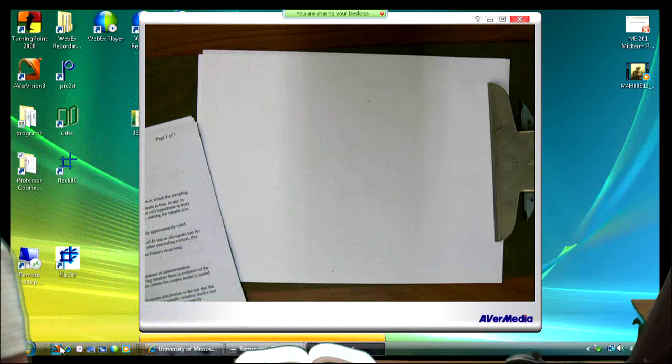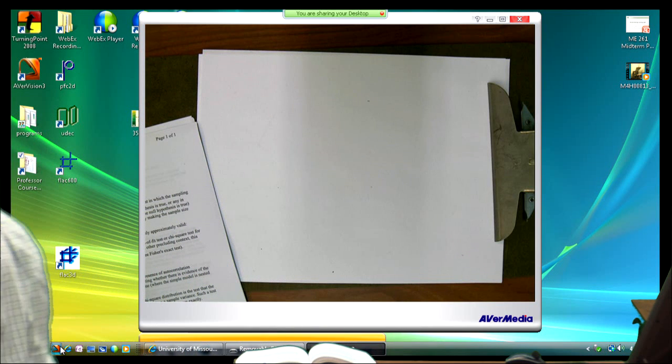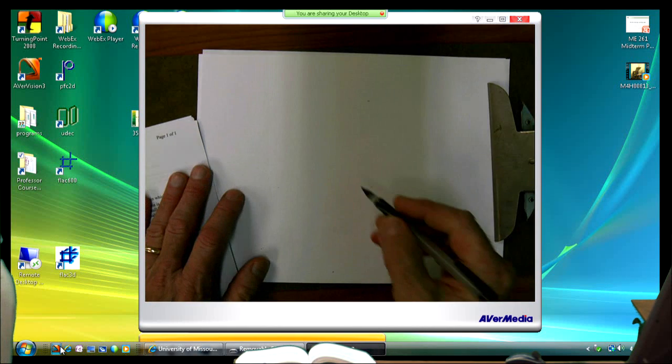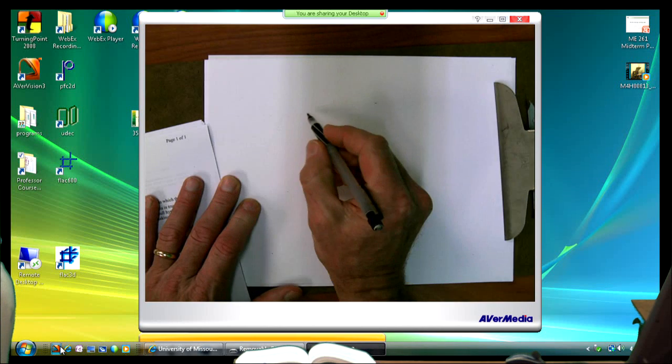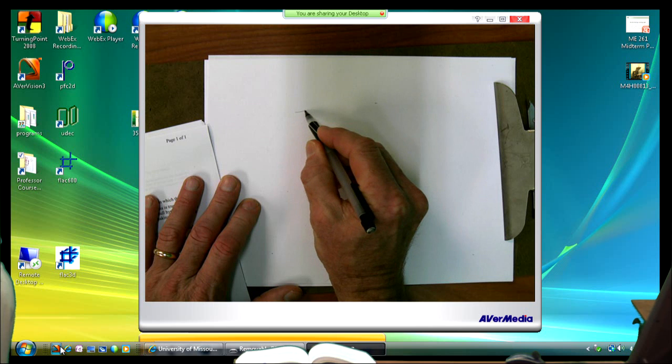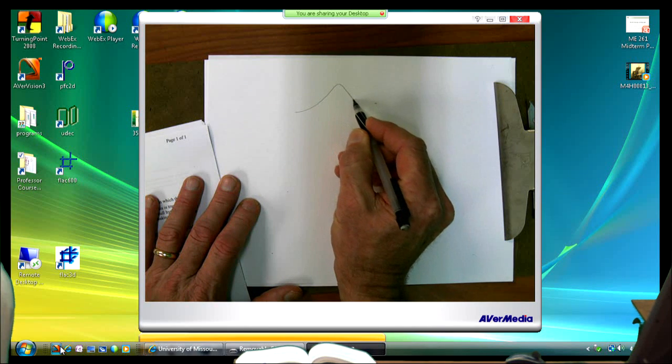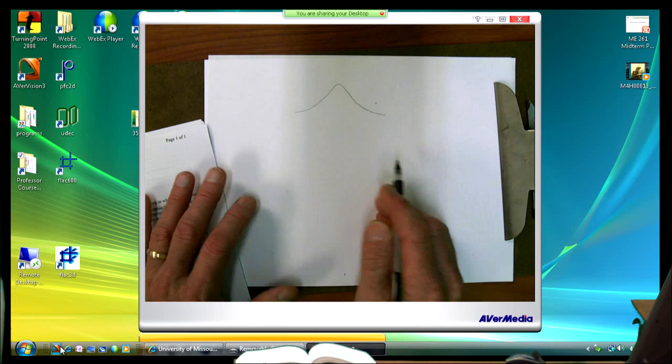It's designed to test a statistical distribution. So if you had a typical bell-shaped distribution, it would look something like that. And so